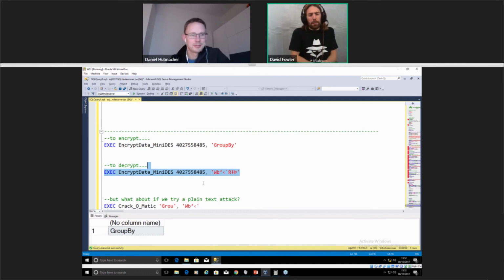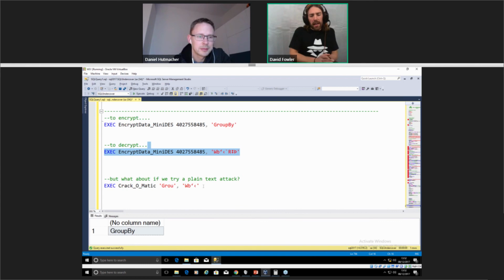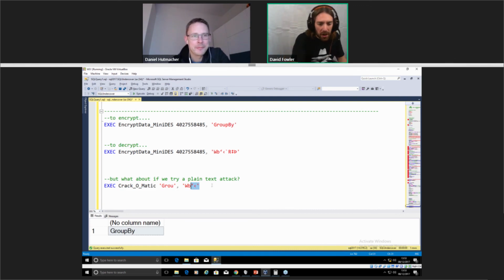But what if we want to perform a plain text attack on this? Let's try. Once again, our attacker has managed to get hold of the first 4 characters of our plain text. So he plugs that into the Crack-O-Matic along with its corresponding bytes from the ciphertext. If he does that, now we get back the value 269549310.